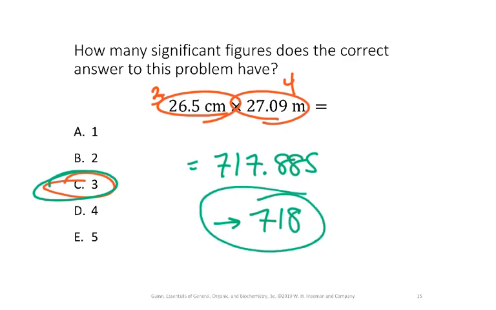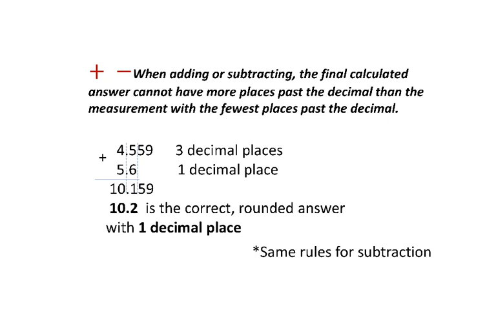So notice, even though these have decimal places, we don't care. It's just the total number of significant figures, which is different than the rule for plus minus. So when you're adding or subtracting, the final calculated answer cannot have more places past the decimal than the measurement with the fewest places past the decimal. Okay, so here it's helpful to line up on the decimal, and you can see